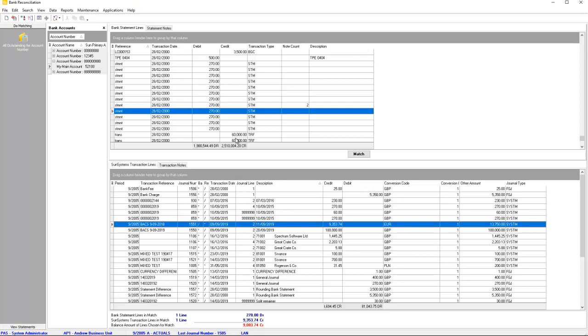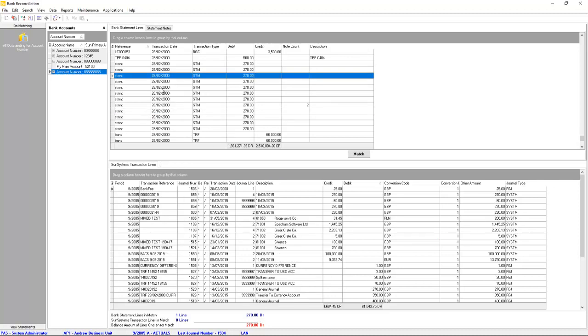by automatic matching. Automatic matching can be run at any time against an account by right-clicking and choosing the option. This will then process the automatic matching rules associated to that account, attempting to match transactions in the statement side with those sitting in Sun Systems. Where a match is found, it will then reconcile them and remove them into the history area. Automatic matching rules are very simple to set up, powerful, and designed to be configured by a user rather than